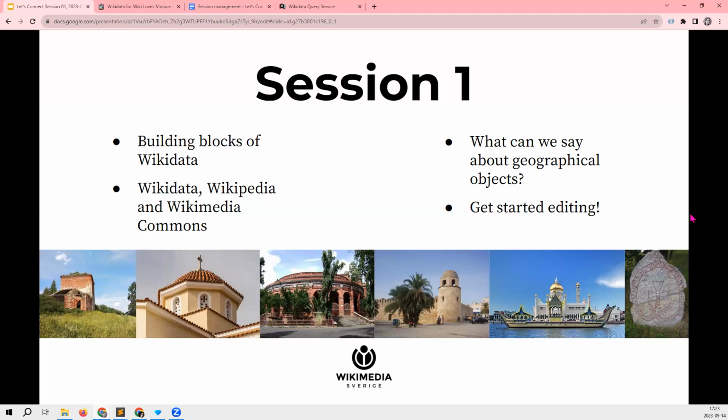So everything from archaeological sites to museums to castles to cemeteries, everything that you can find in the world around you, and how you can describe it on Wikidata. And I really hope that this will encourage you to get started editing.